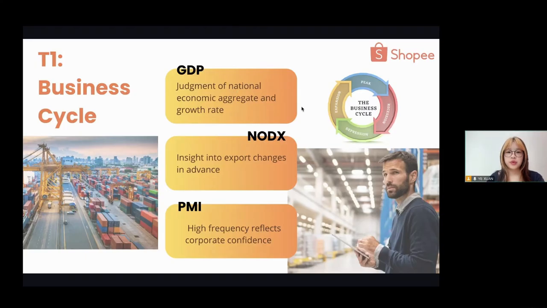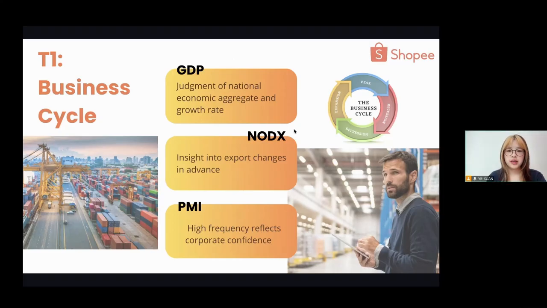Gross domestic product reflects the market value of all final goods and services produced by a country or region during a certain period, and it's the core manifestation of total national economy. Non-oil domestic exports remove exported petroleum products and integrate other export products and services, actually reflecting the connection between local manufacturing and the global supply chain.